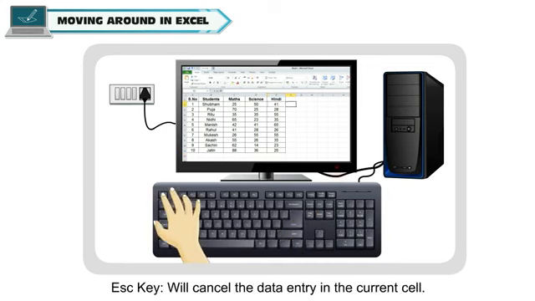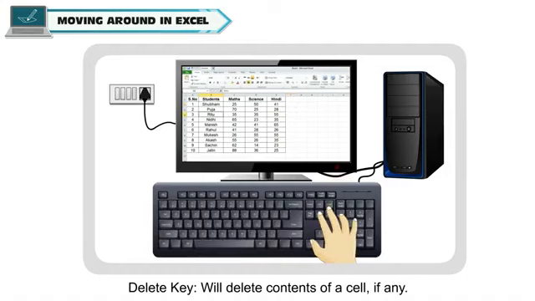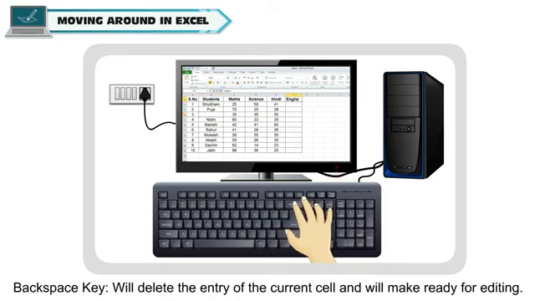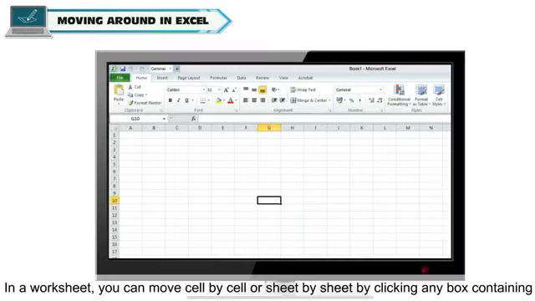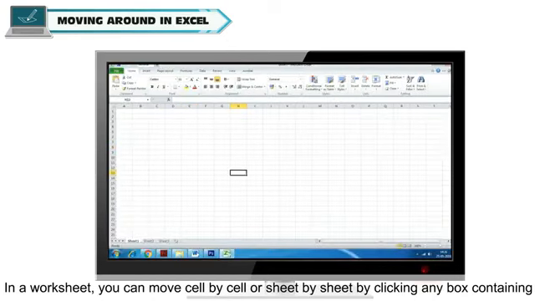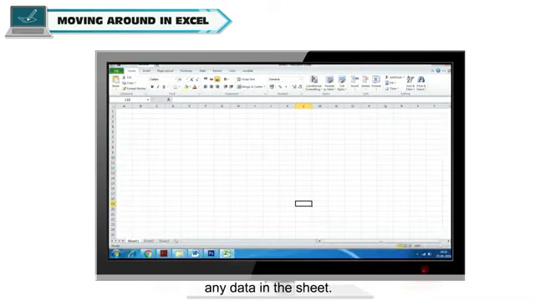Escape key will cancel the data entry in the current cell. Delete key will delete contents of a cell if any. Backspace key will delete the entry of the current cell and will make it ready for editing. In a worksheet, you can move cell by cell or sheet by sheet by clicking any box containing any data